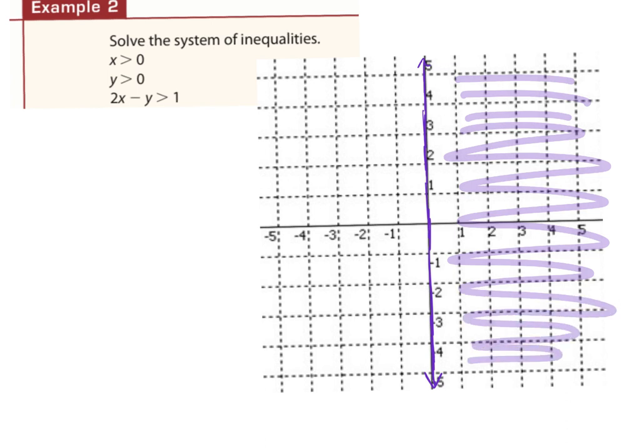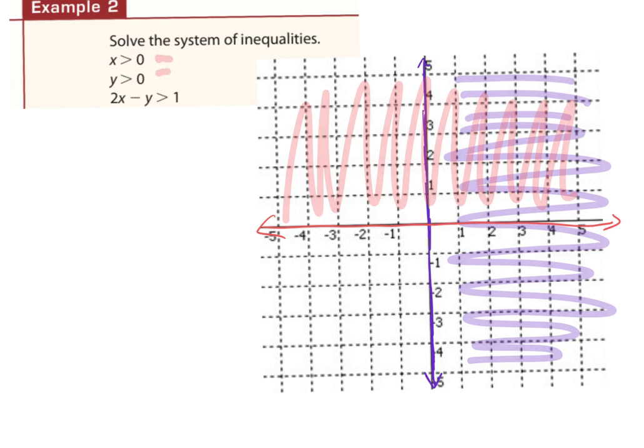Then they want where y is greater than 0. Well, y equals 0 all the way down my x-axis, right? Greater than that would be above that line. So if I shaded this, it does that. Here's what x greater than 0 and y greater than 0 always does: it forces you to stay in the first quadrant. Okay, first quadrant. And so without even shading those two, these two tell me that I'm going to be in the first quadrant only. You're welcome to shade those if you want, but you can also just go straight to